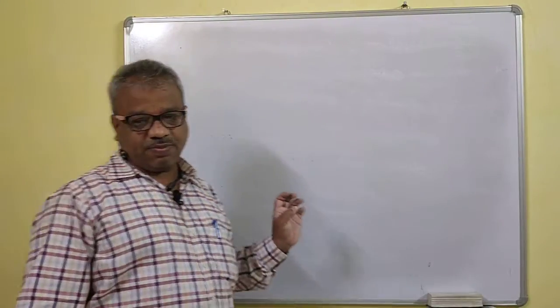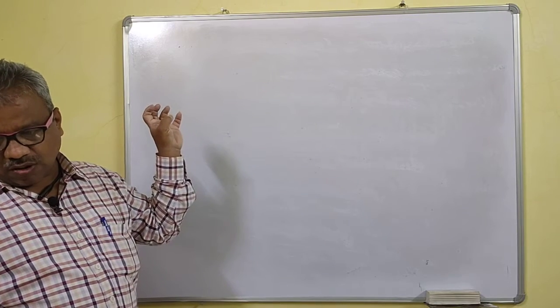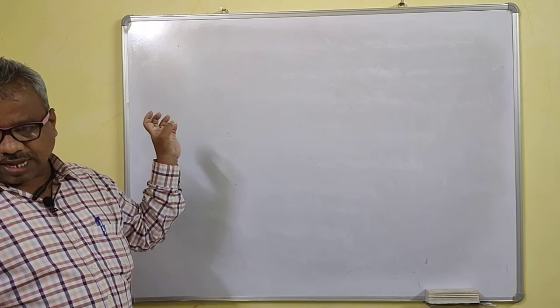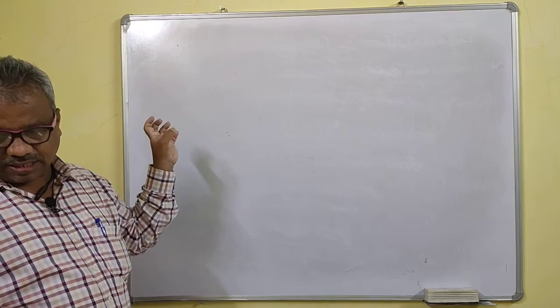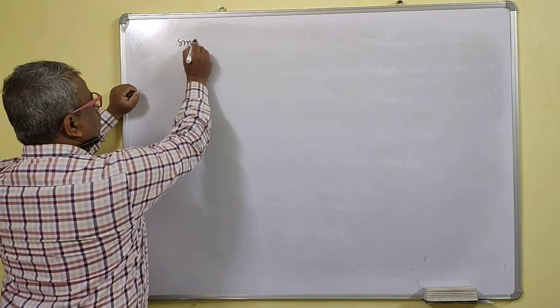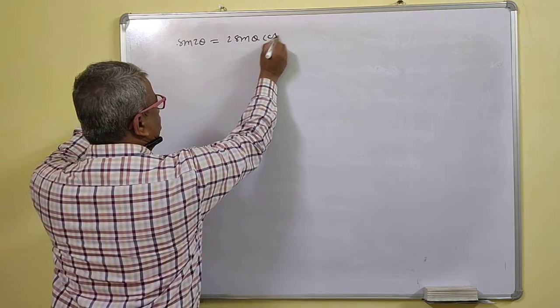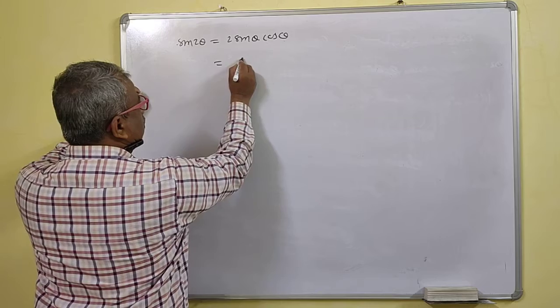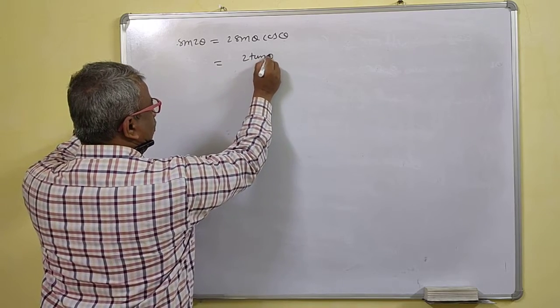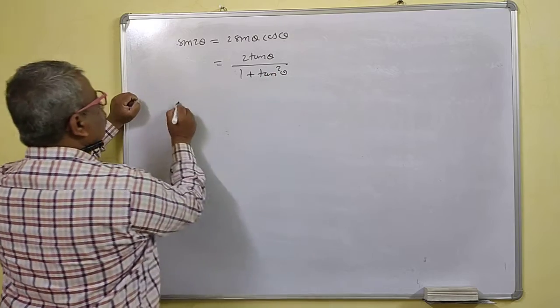Last time we derived the formulas for sin 2 theta, cos 2 theta, tan 2 theta, tan 3 theta, cos 3 theta, and sin 3 theta. Now we will write all these together. First, sin 2 theta is 2 sin theta cos theta. This is the same as 2 tan theta upon 1 plus tan square theta. Right? Then cos 2 theta